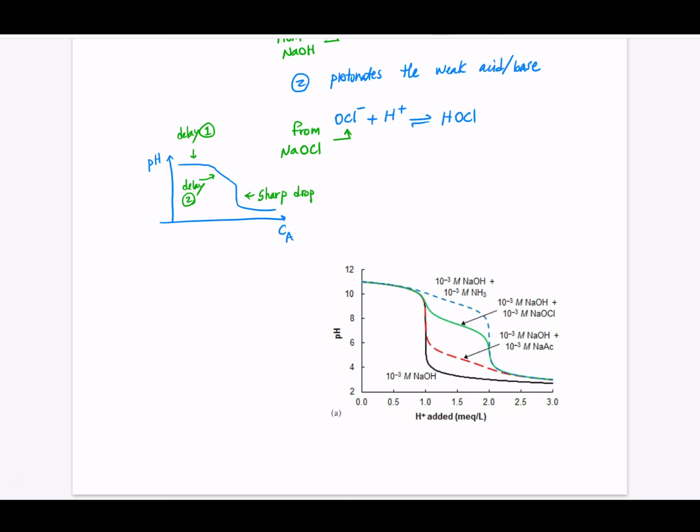And when we look at it, this part is the delay related to sodium hydroxide. Roughly, it's around 1 millimolar, equal to the concentration. As you see, the second delay before we get to the sharp decrease is roughly around 2 millimolar. So this is basically